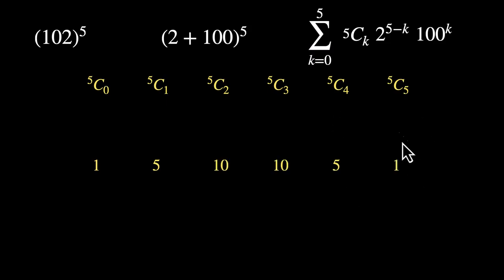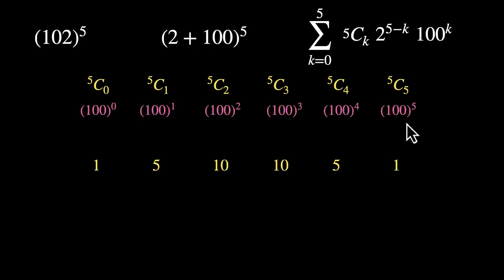Alright, now let's look at the powers. We'll take the first one as 100 to the power k. So when k equals 0, this is 100 to the power 0. Then we have 100 to the power 1, power 2, power 3, power 4, and power 5. And what about 2? Well, 2 has decreasing powers. The first one will be 2 to the power 5, and then 2 to the power 4, 3, 2, 1, 0. All right. Now we multiply these three to get the first term, these three to get the second one,